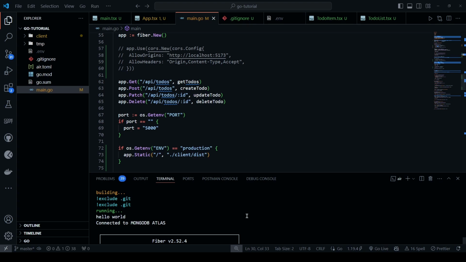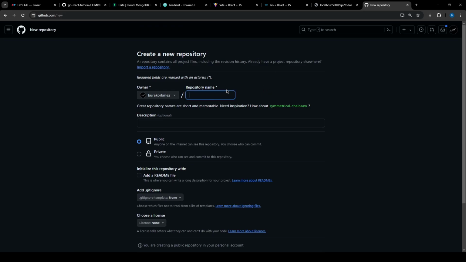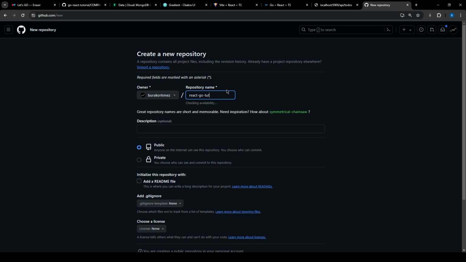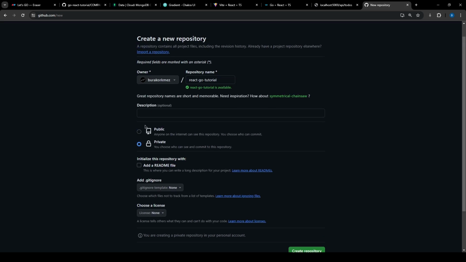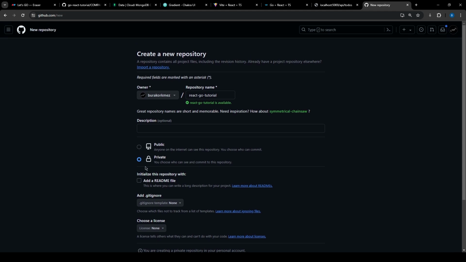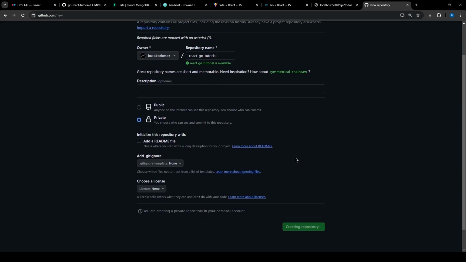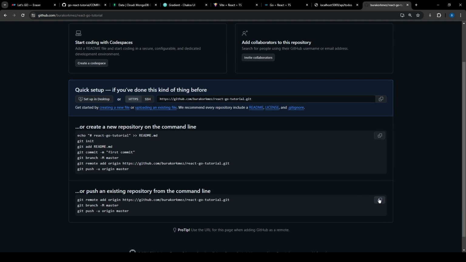So let's go ahead and push this code to GitHub so that we could deploy it. Here I am in my GitHub account where I'll just create a repo. I'll say React Go tutorial, and that was the module name that I gave at the beginning of the video. So tutorial, just like that. And let's say create the repo. I'll just make it private, and once I publish this video, that's going to be public, so you'll just see that to be public. And if you don't really want to go with private, then just select public. So I'll go with this option. I'll say create the repo,